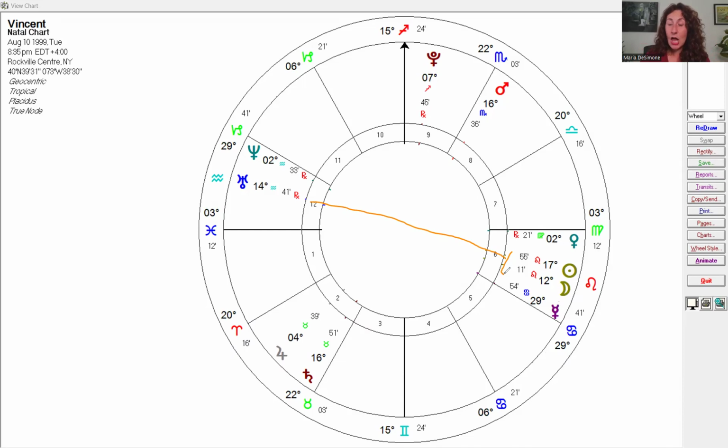Because in this case, the trapped energy of the sun and moon in Leo that is striving to be seen and heard, opposite that Uranus intercepted, is saying there's a greater sense of urgency to try to find a way to express that uniqueness, that sense of autonomy, that sense of rebelliousness and progressive energy. And it's going to do it in a disjointed way because there's no easy outlet. There is no easy path. And it can be to the person's detriment.